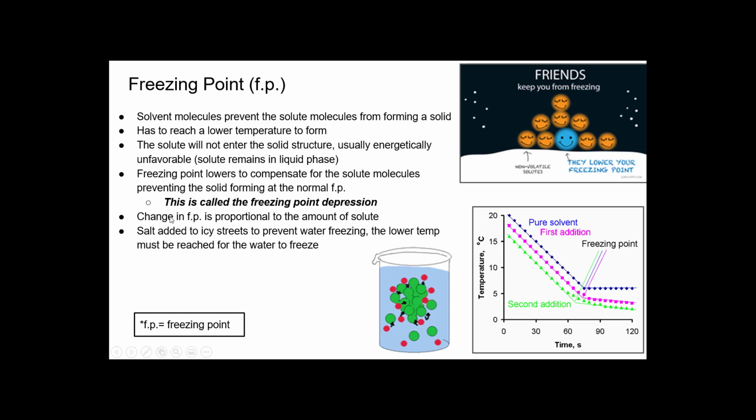And the change in freezing point is proportional to the amount of solute, which makes sense, because if you add a small amount, then the change in freezing point will be very small. If you add more, the change is going to be a greater change in that freezing point. This is why salt is added to water in cold areas